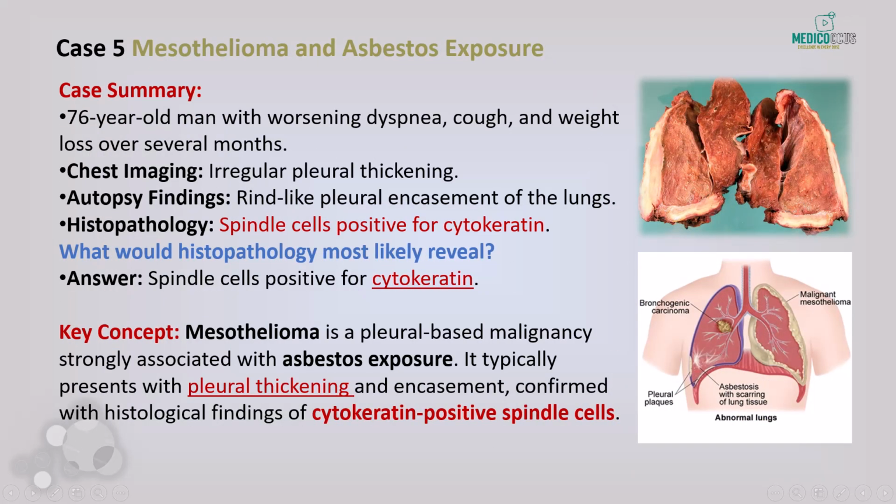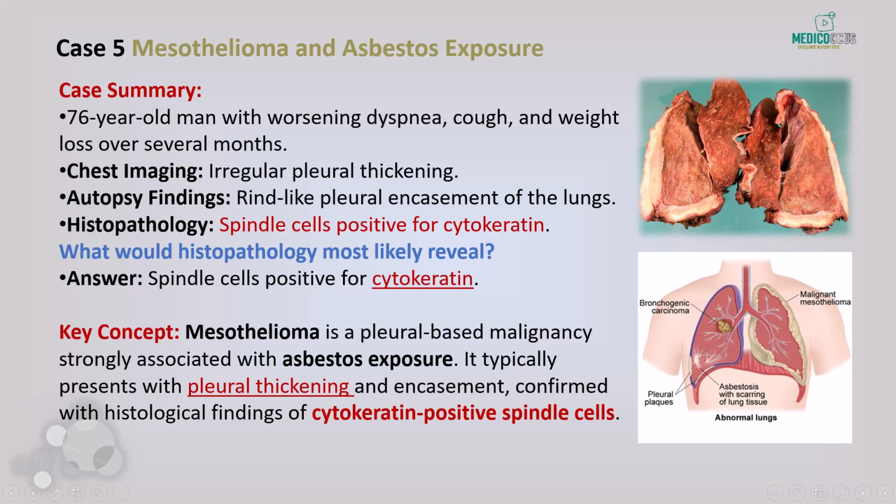Finally, a 76-year-old man presents with worsening shortness of breath, cough, and weight loss over several months. Despite being a lifelong non-smoker, his chest imaging shows irregular pleural thickening, raising significant concern for a pleural-based malignancy. The patient declines a surgical biopsy and opts for hospice care, passing away several weeks later. On autopsy,